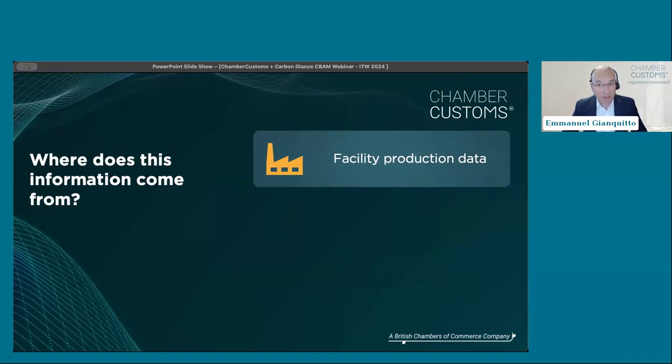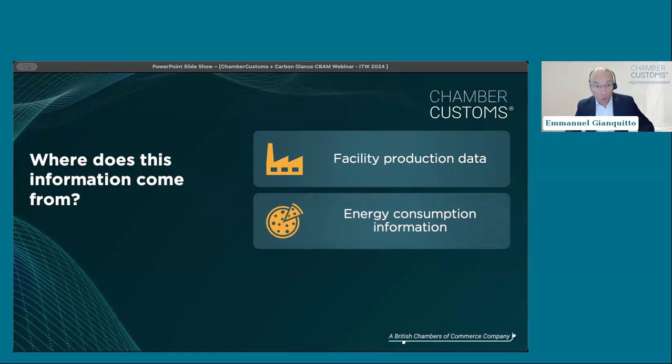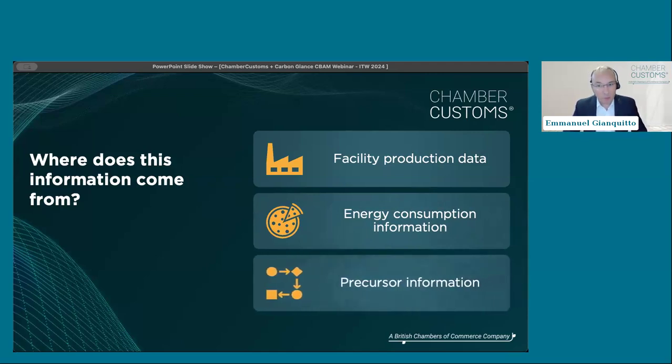Step one, facility production data. So actually, you will need to be able to interrogate financial data and ERP data to understand what you have processed in a reporting period. Energy consumption information, all the sources of energy, whether you buy them off grid or whether you make your own, you might have solar panels or wind turbines to make energy, that will need to be accounted for. And last but not least, precursor information,